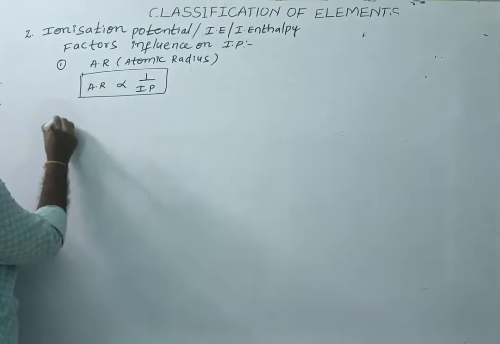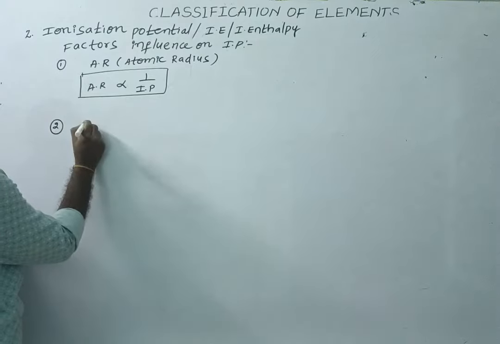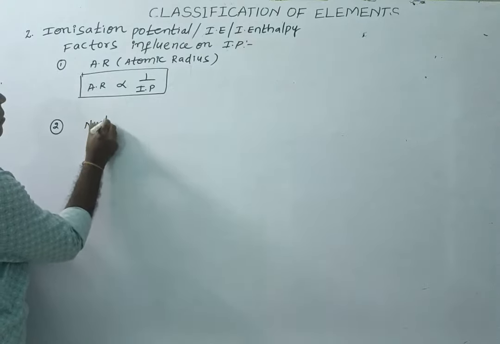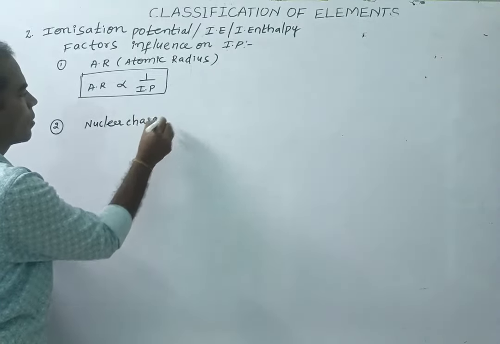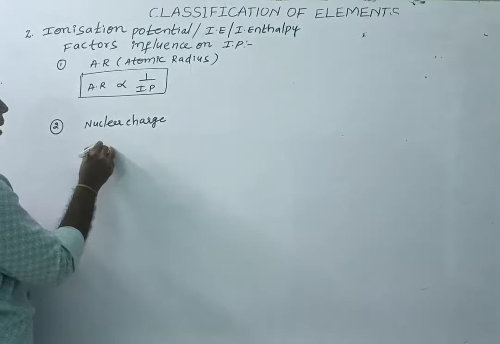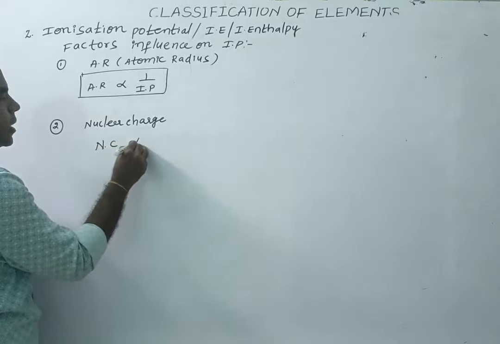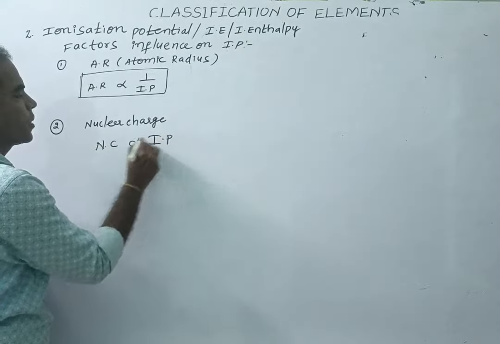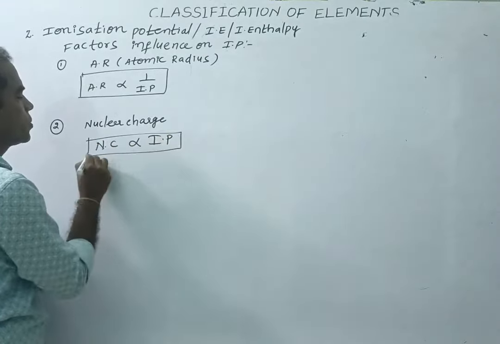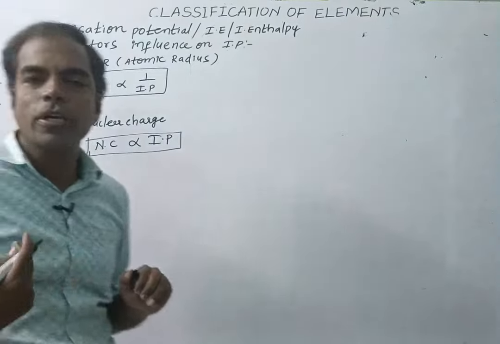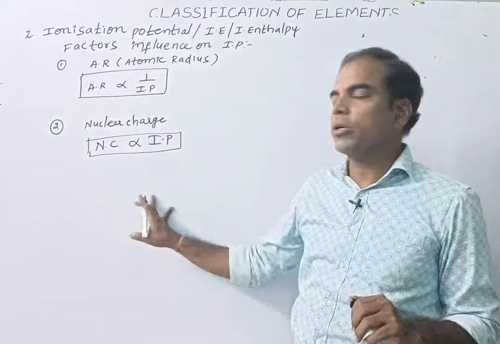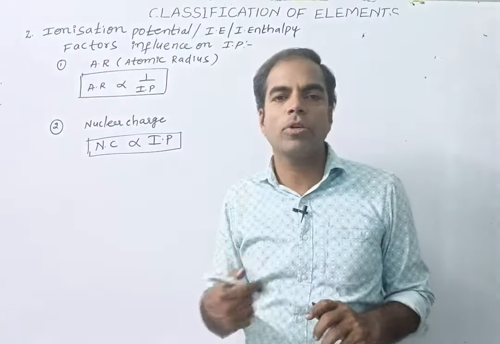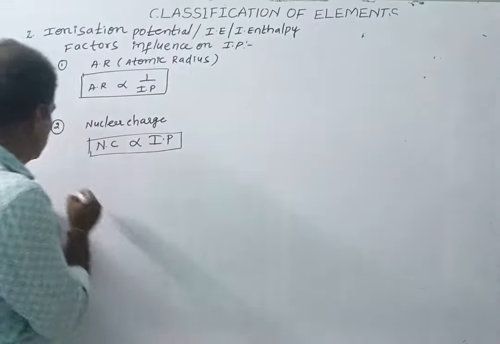Second one is nuclear charge. Nuclear charge is directly proportional to ionization potential. More the nuclear charge, more the ionization potential. Why? Because the electrons are strongly attracted towards the nucleus. Hence, it requires a high amount of energy. Third one is